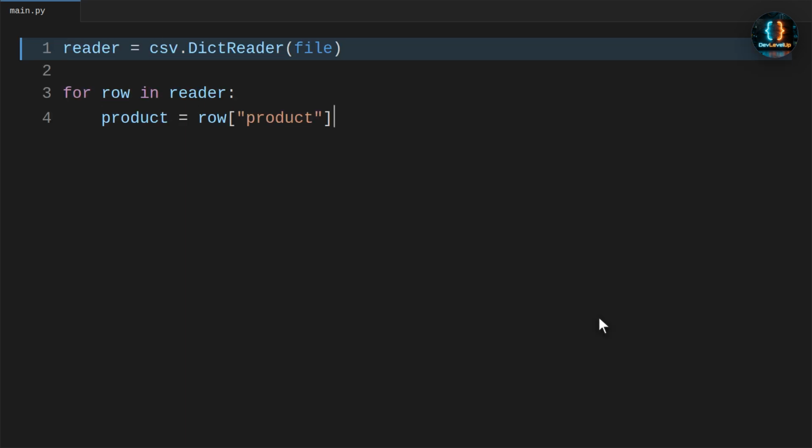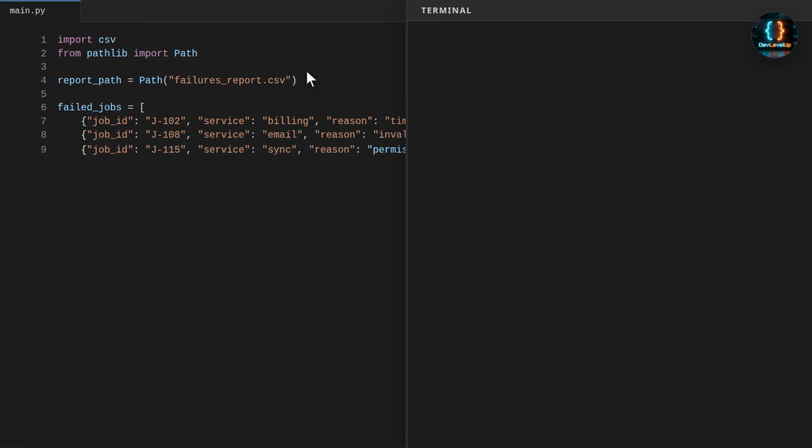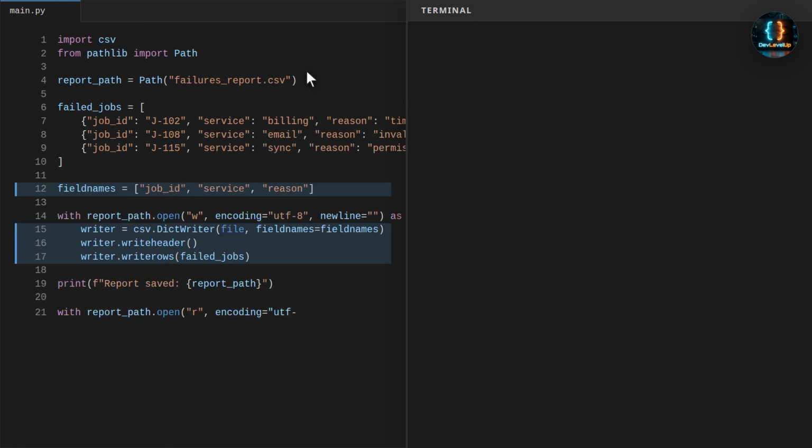The best practice here is to use Python's csv module whenever the file is really CSV. It protects you from edge cases like quoted commas, different line endings, and exported spreadsheet quirks that simple split calls do not handle correctly. When an automation script finds problems, a CSV report is a practical handoff to operations or